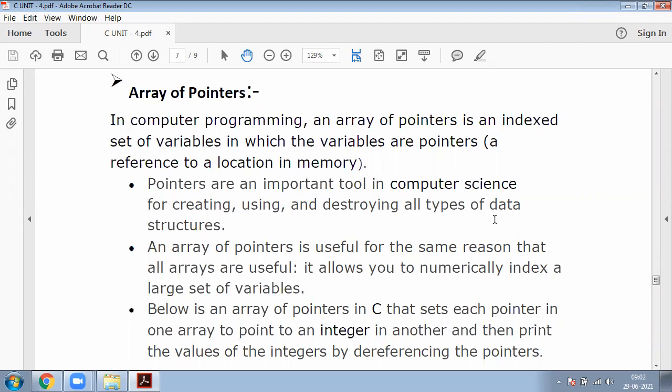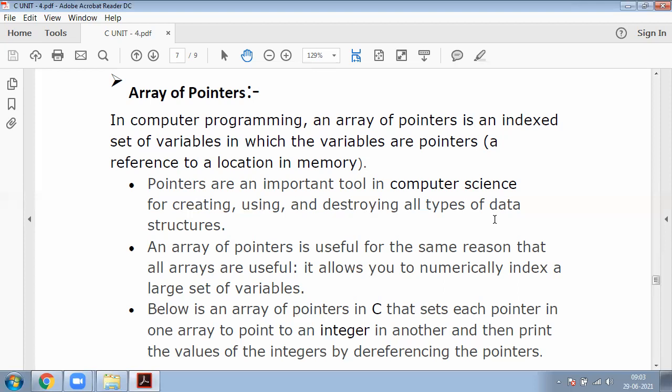So simply here, for example, if we use arrays of pointers, before that, what is the meaning of array? Array is a collection of similar data types. Now, if we use arrays of pointers, all variables are pointers.